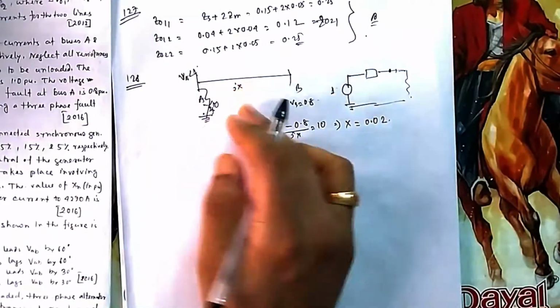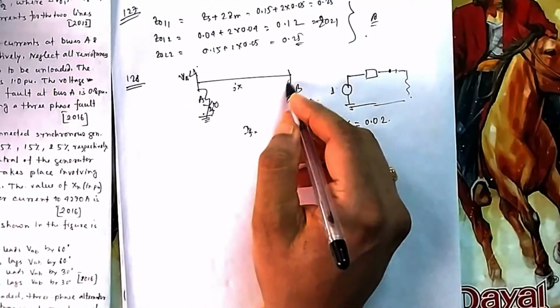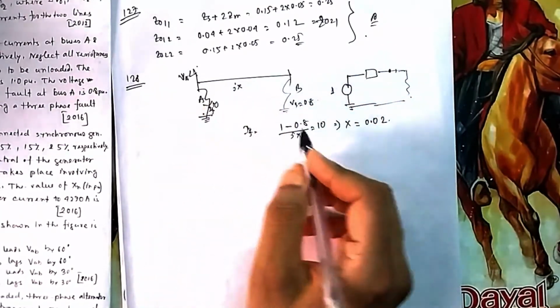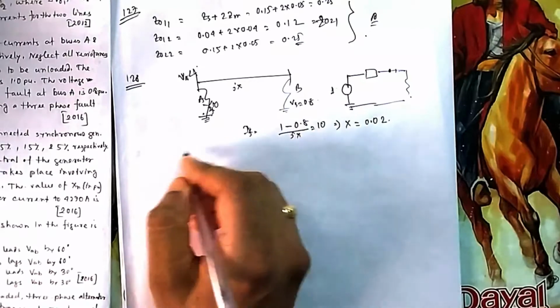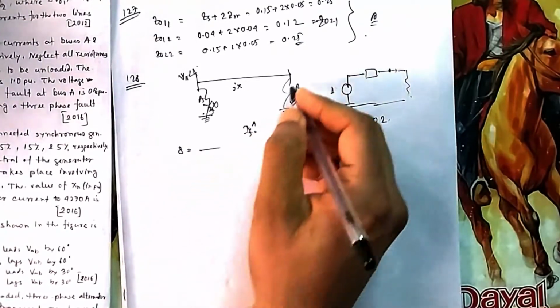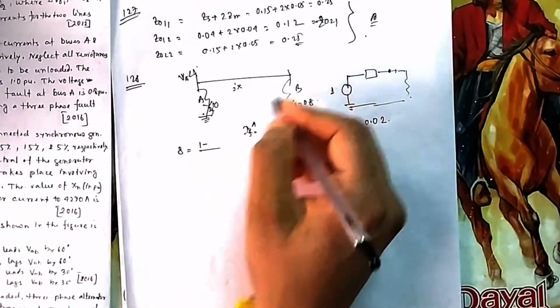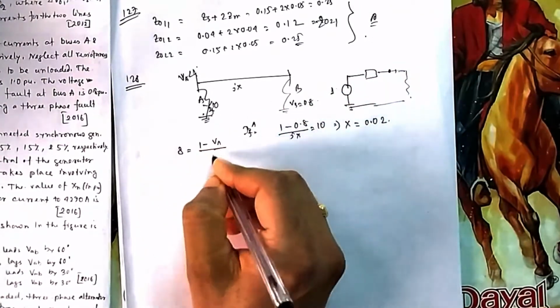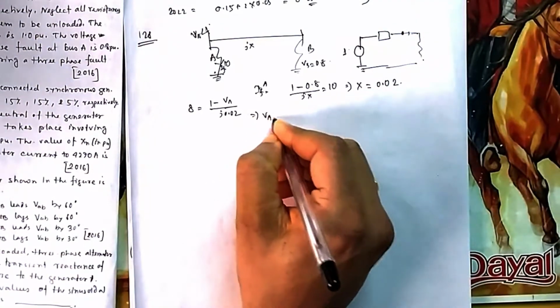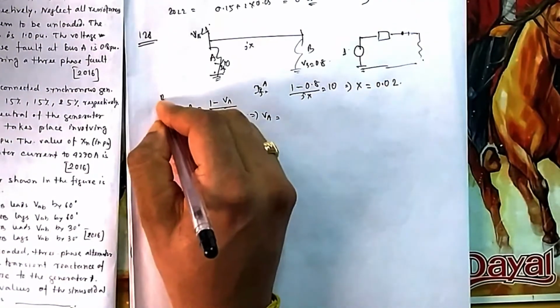Now once you know this, you can do the same thing. If there is a fault at B, what should be the voltage here? Again the current will be the same way: this is the fault current of A. What is the fault current of B? 8 per unit. And here now the voltage is 1. So 1 minus this voltage VA divided by jX. If you calculate from here, you will get the value of V. This is in case of fault at B.